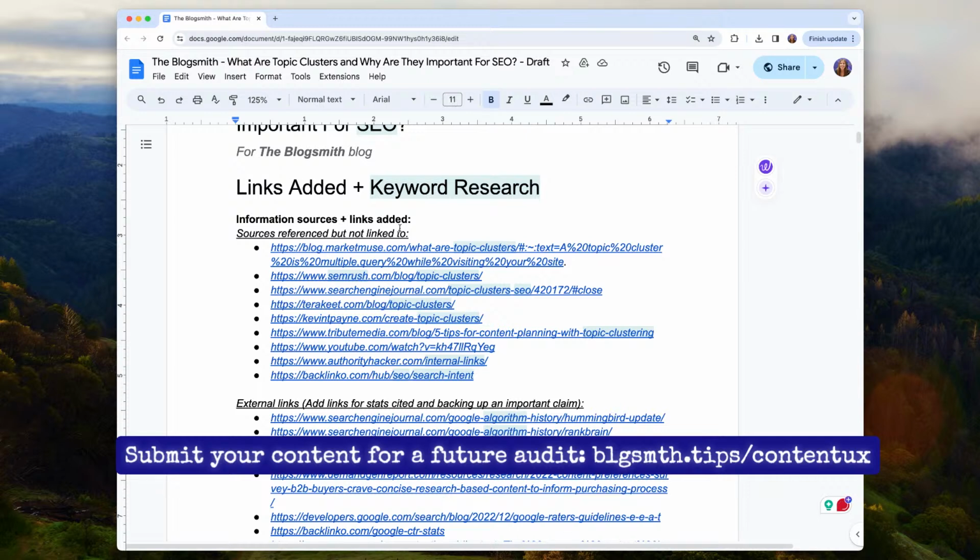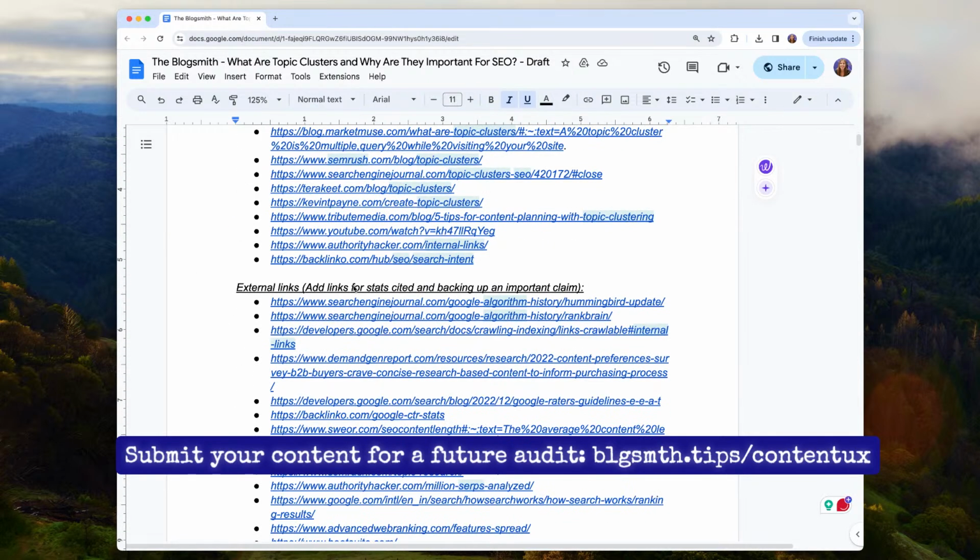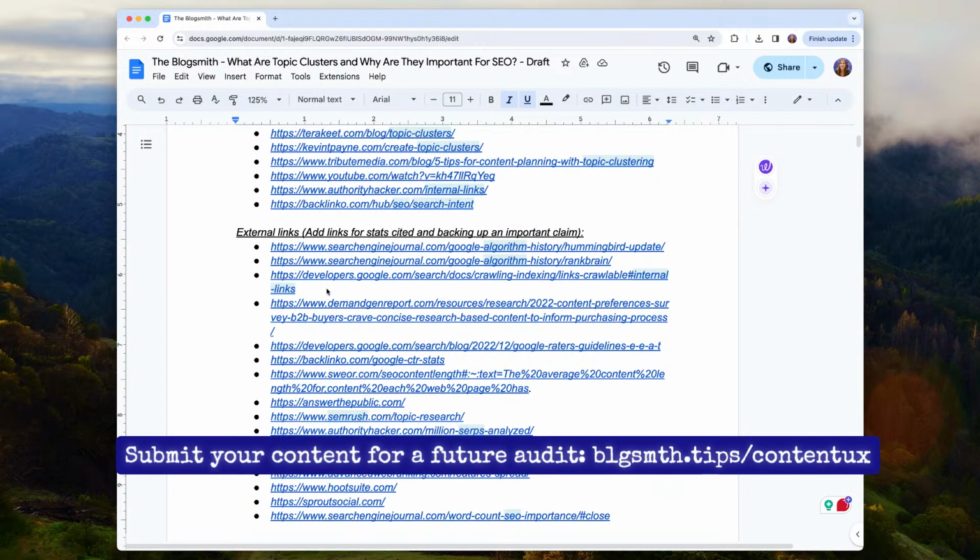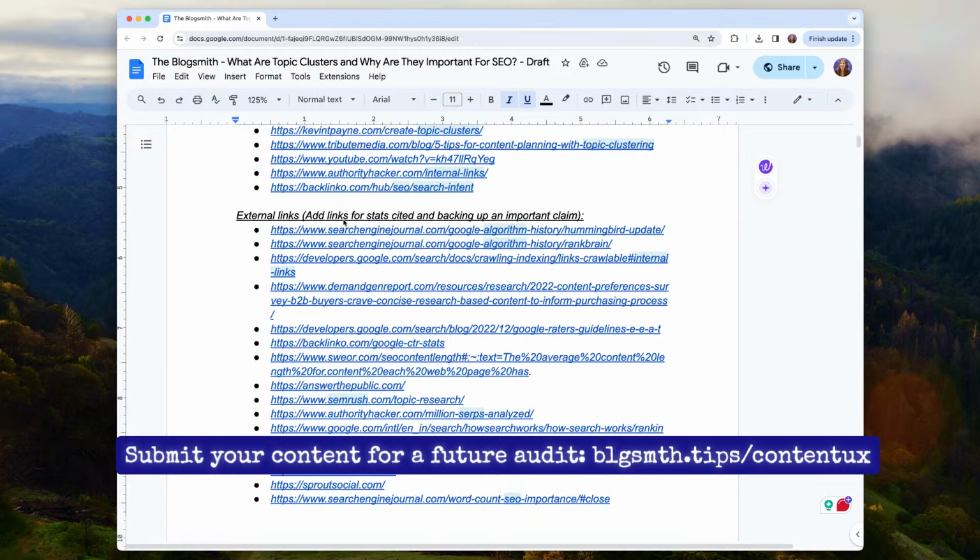What we like to do is make sure that we share a list of all links, both referenced, so that's this first one, sources referenced but not linked to, as well as any external links that we've included, things that help back up any facts that we state, help to back up any claims made in general, primary sources for facts, and information that might be related to the topic but outside of the scope of the article. So if people want to dig in deeper, including an authoritative source that they can do that with.